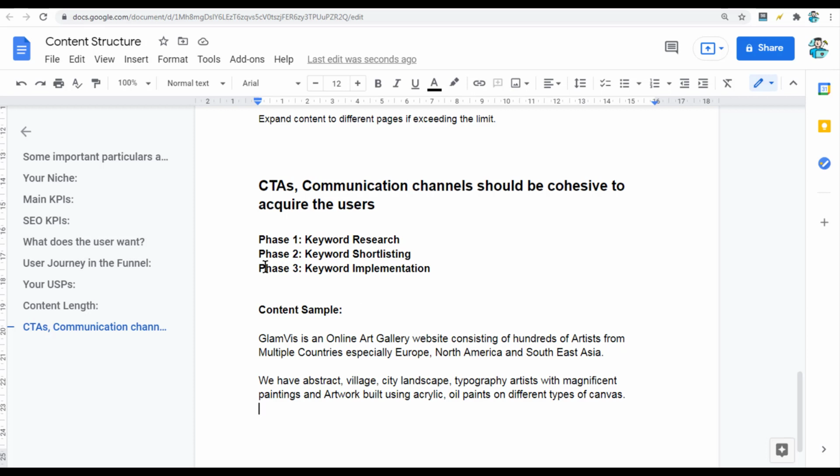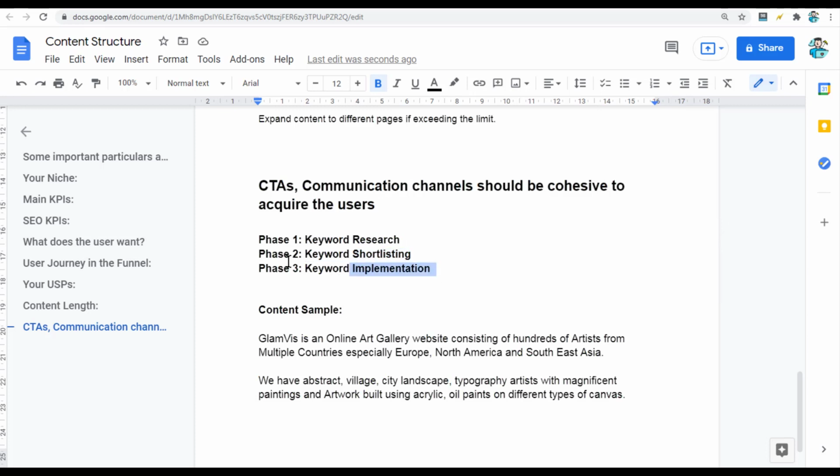So this is good quality reading, this is good for SEO reading. After you have completed this, you can still redraft your content and implement that. In our case, we haven't done keyword research or keyword shortlisting.